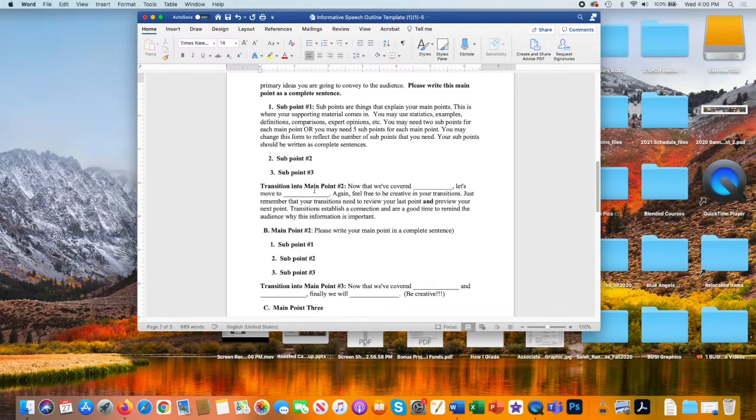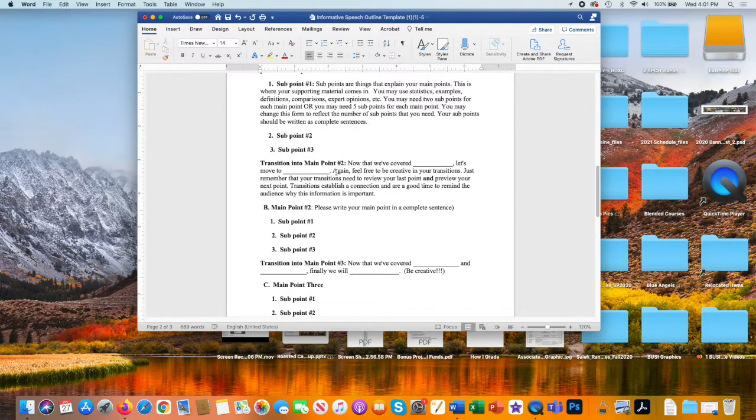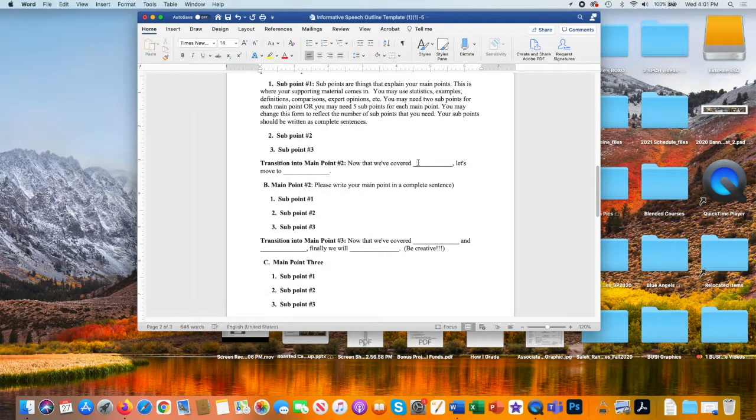Now, to go from main point 1 to main point 2, again, you need those transitional words. So you can leave this. "Now that we've covered main point 1, which was, let's move to main point 2, which is." Again, this helps your audience know where you're taking them, where they have been, and where you are taking them. You're never going to lose your audience if you use those transitional words. So again, you will go ahead and delete this information and then type in your